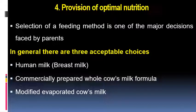And the final aspect of immediate newborn care is provision of optimal nutrition. It is nothing but feeding the baby through breast milk. Selection of a feeding method is one of the major decisions faced by parents. In general, there are three acceptable choices. One is the baby can be fed with the mother's milk, breast milk or human milk. Second is where the mother is not available or if the mother is diagnosed with some kind of infectious disease,